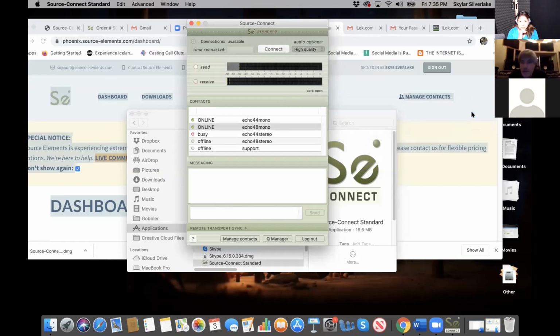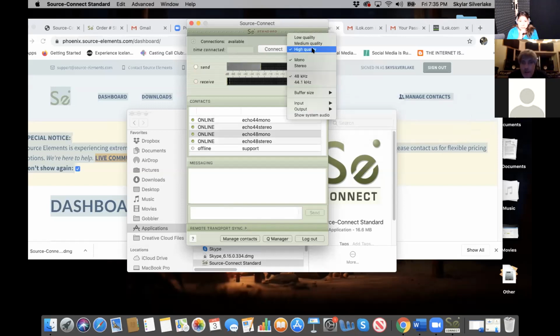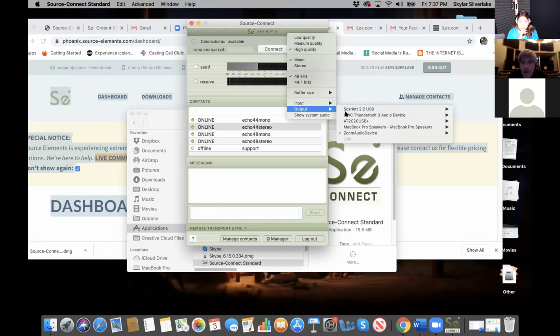You gotta remember to select it to what you want it to be, and then we're gonna go back in here and we're gonna select where our headphones are. Very important, you gotta use headphones. You cannot use open speakers. If not, it will echo back through the connection. So where are your headphones plugged into? They are plugged into